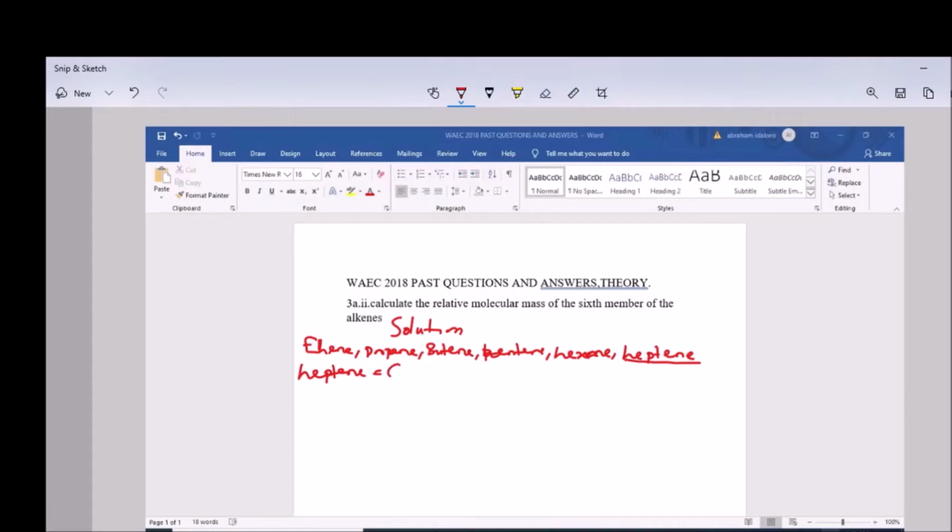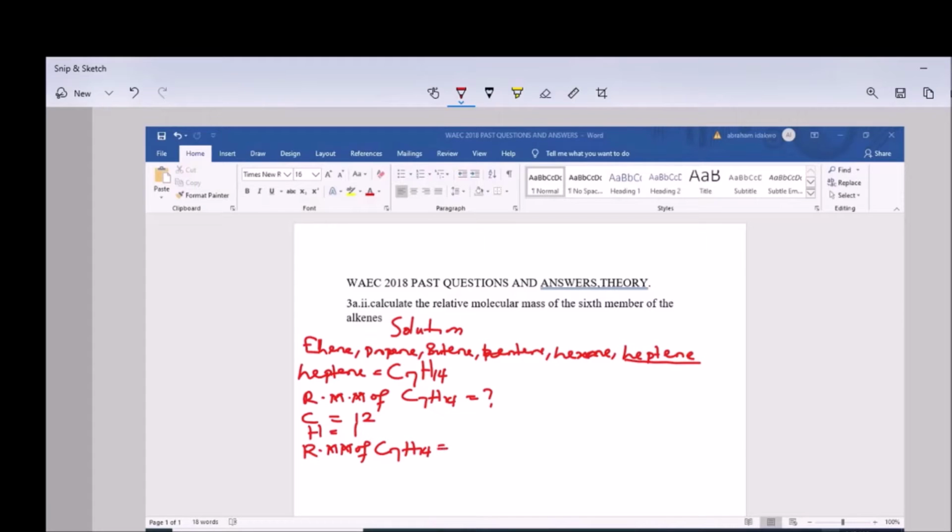C7H14. Now, the relative molecular mass of C7H14, which is heptane, is unknown, but the relative atomic mass of carbon is given as 12, while hydrogen is given as 1. Now, the relative molecular mass of